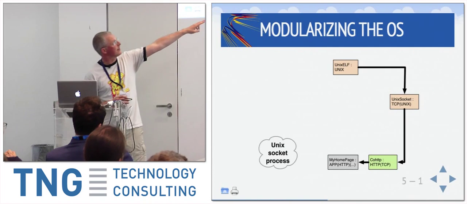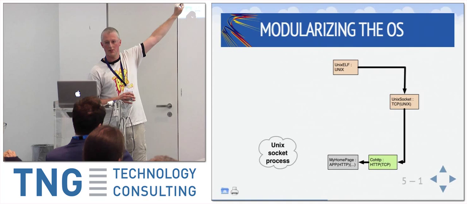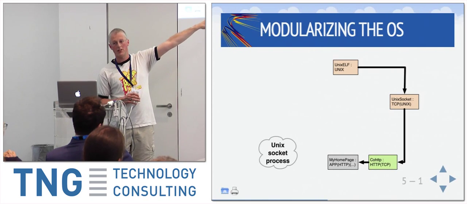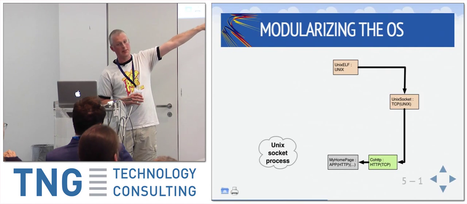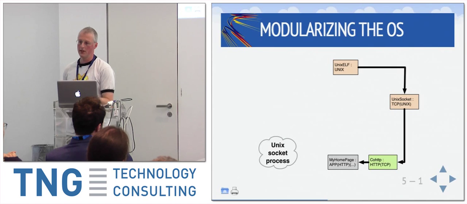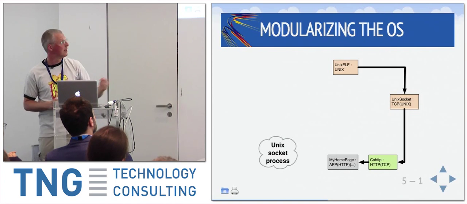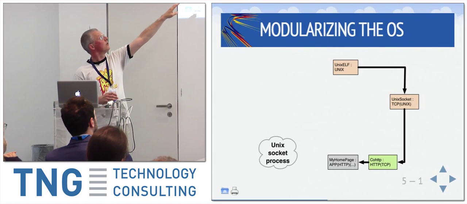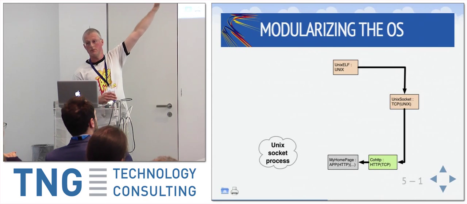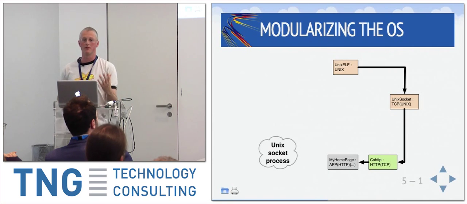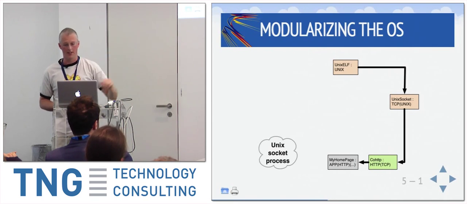And in this case, it's going to get that. This is the development cycle. So you're still building on top of Unix, very standard kind of environment. You're going to provide that using the co-HTTP library, which satisfies that signature, but it needs to have a TCP stack. It expects to have a TCP stack available to it. And in this case, that TCP stack is provided by the Unix socket library, which itself depends on the Unix ELF library. Okay, so this is the dependency chain of all the libraries that must be available for your app to be able to run at the end of the day.